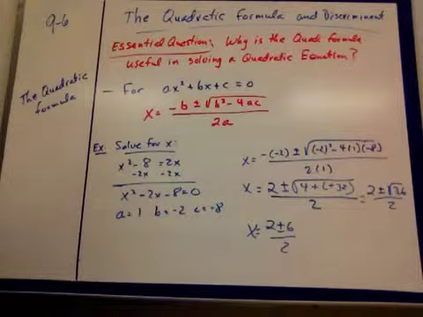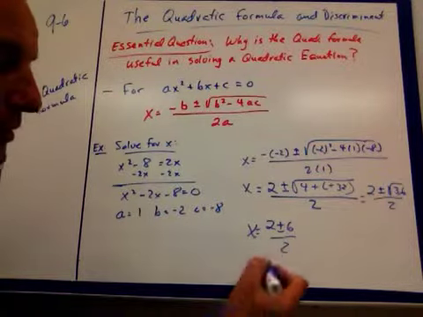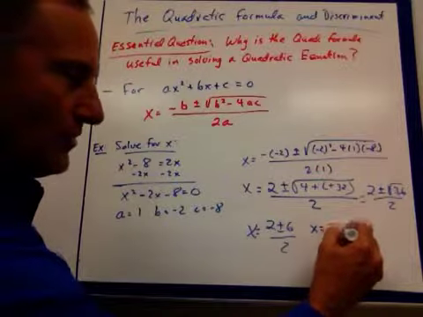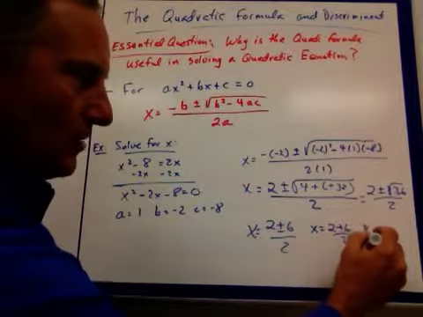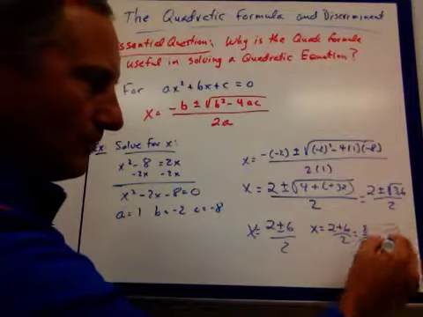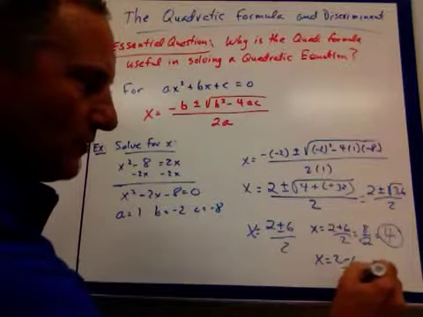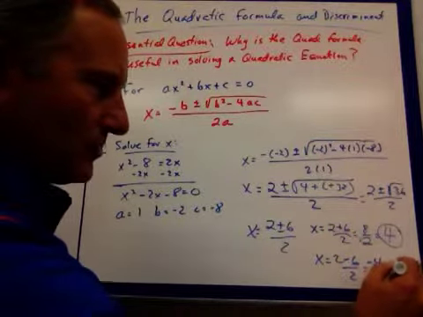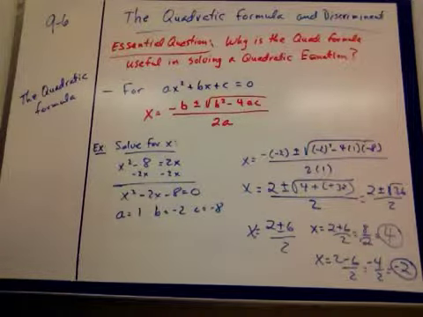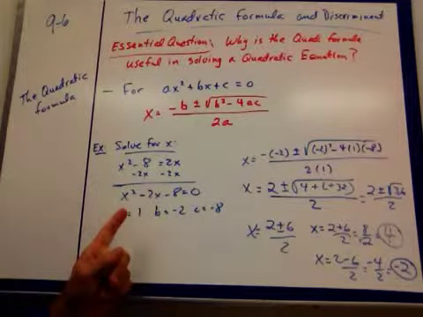Okay, so x is equal to 2 plus or minus 6 over 2. Well, just like what we did with completing the square with plus or minus, that means x is equal to 2 plus 6 over 2, which is 8 over 2, which is 4. Or x is 2 minus 6 over 2, which is negative 4 over 2, which is negative 2. There's my answers. Okay? Can be a lot longer, but if you can't factor what you have there,